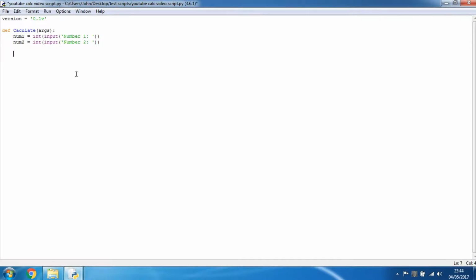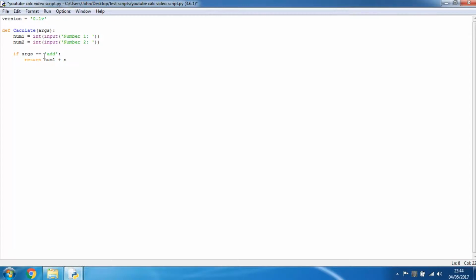Anyway, let's set up some if statements now. So if you noticed on our calculate function, I put args in. I forgot to mention that. Args is just essentially going to be our argument, which would be either add, subtract, multiply, divide, and remainder, or remain as I like to call it. So, set up our if statements. If args equals, and it's a string variable, our args, add, then we wish to do